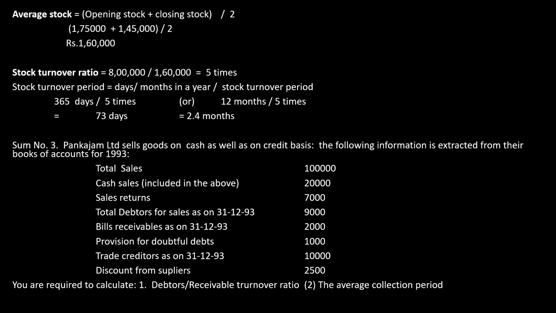So keep that in mind. Whenever you find a stock turnover ratio, the answer we call it as times. Now they want you to find stock turnover period. I told you that when you are asked to find stock turnover period or stock velocity in days or month, you do number of days or month in a year divided by stock turnover ratio. So I'm going to give two answers here. Using days, 365 by 5 will give me 73 days. Using months, 12 months divided by 5 will give me 2.4. So that is the answer for your stock turnover ratio and stock turnover period.